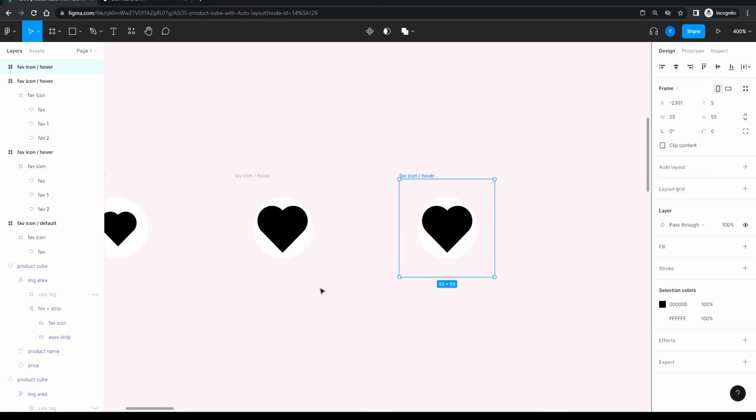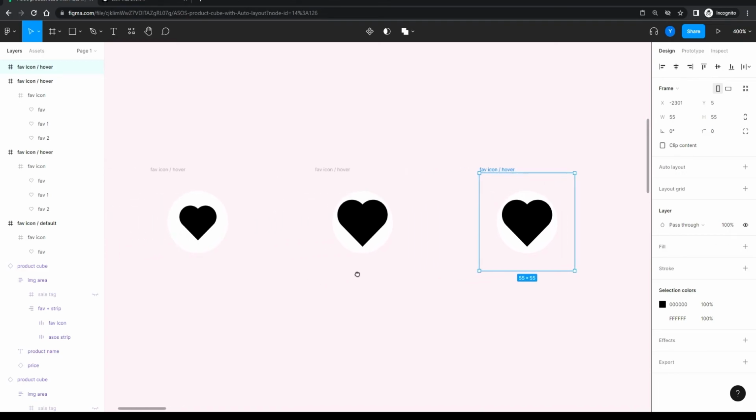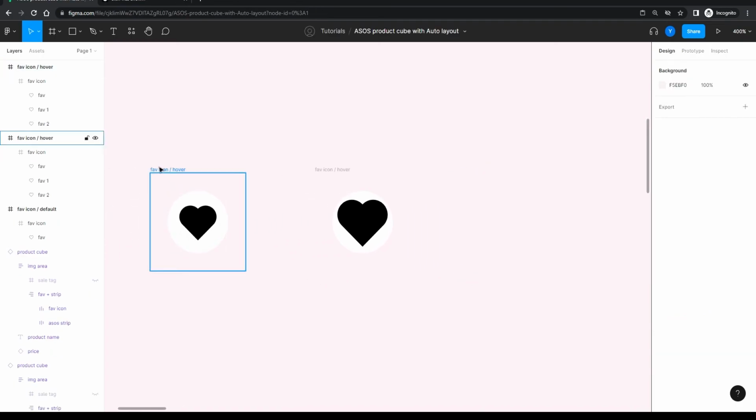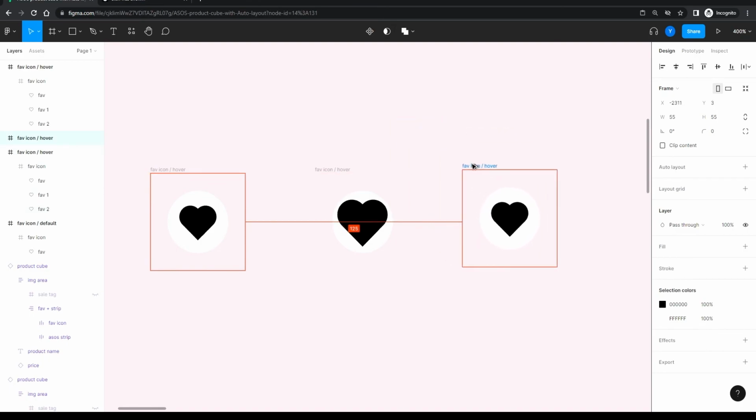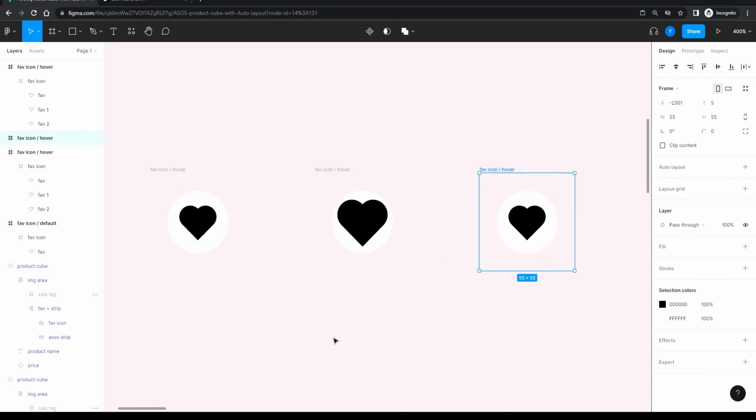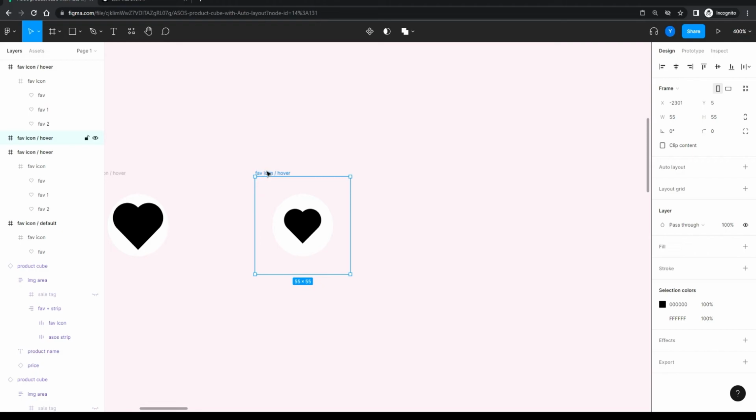And now, sorry, I can copy this one again and take this one again and get back to the original size of it. And on the last one,